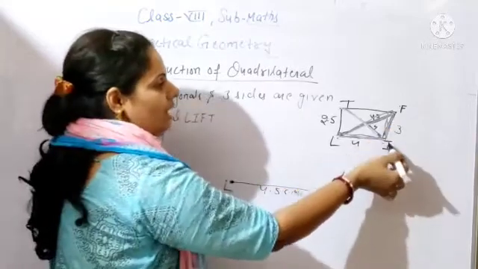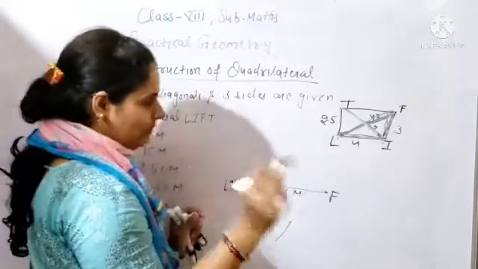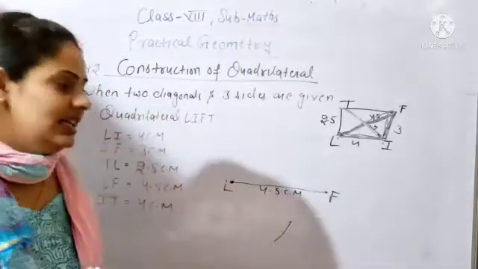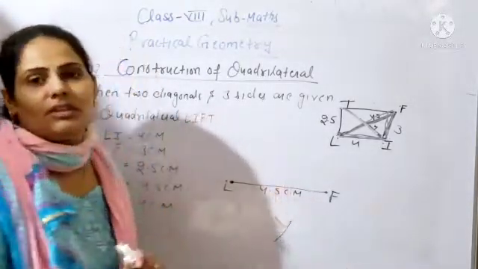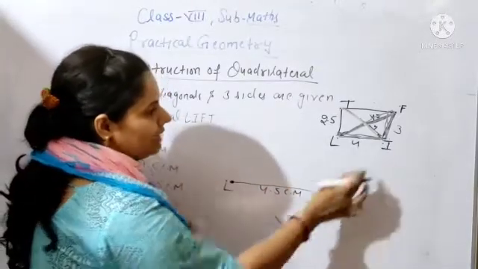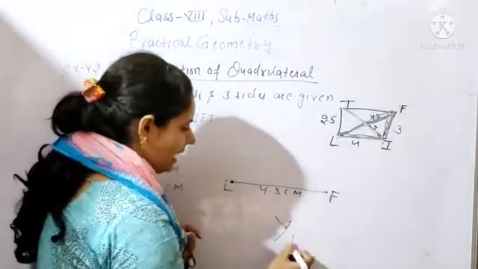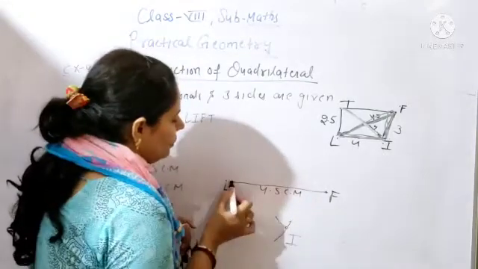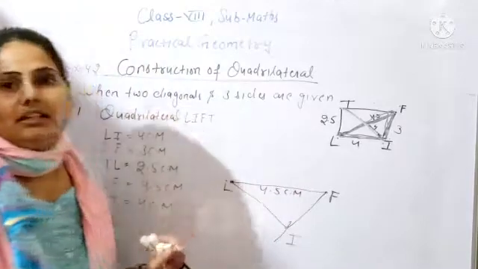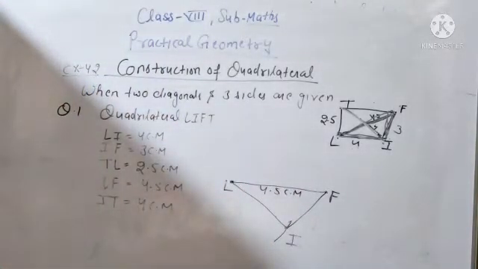So what is the length of FI? FI length is 3 centimeter. So from point F, you will open your compass 3 centimeter and draw the arc. Clear? After that, what will you do? The intersection point of both the arcs. So what is the intersection point? I point. Clear? Now you will join the line segments LI and FI. Is it clear? Is it visible, beta? Okay, yes. So now you will complete the triangle by joining the line segments LI and FI.